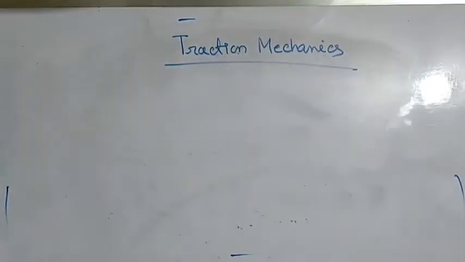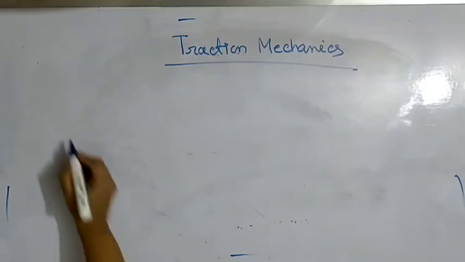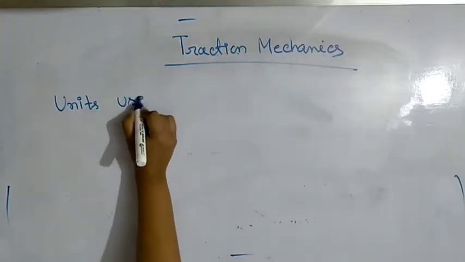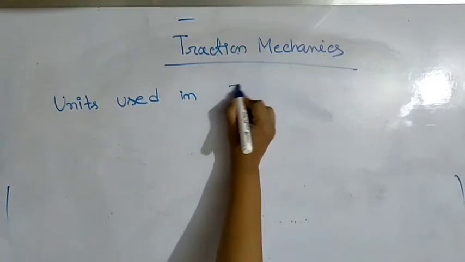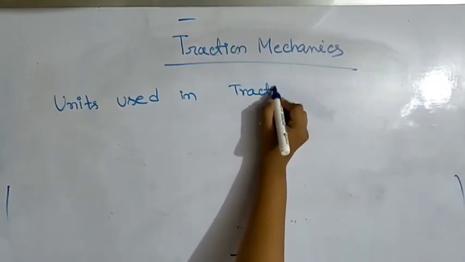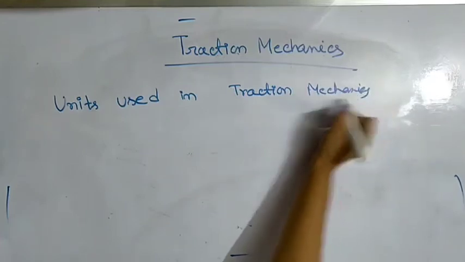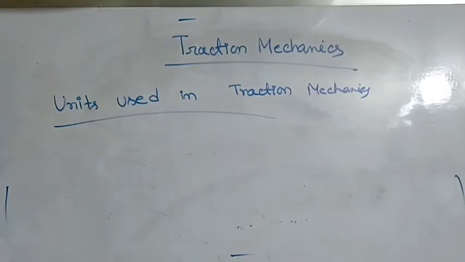Now first we discuss units used in traction mechanics. So units of distance, speed, etc. used in the mechanics of train are altogether different from those used in solving the problems of ordinary applied mechanics. Now various such units used and their notations are